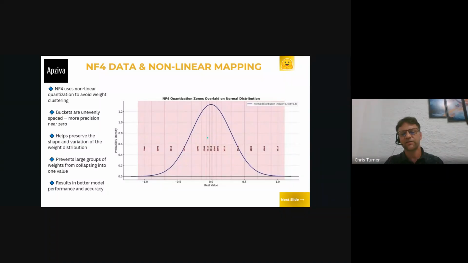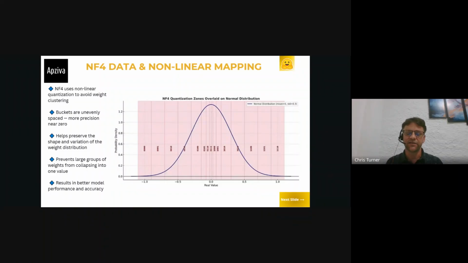What the makers of LoRA and QLoRA did was design a non-linear mapping structure. They made the buckets that these values would fall into a lot smaller around the 0 range, and then as you step closer to -1 or closer to 1, they made the buckets bigger and bigger.